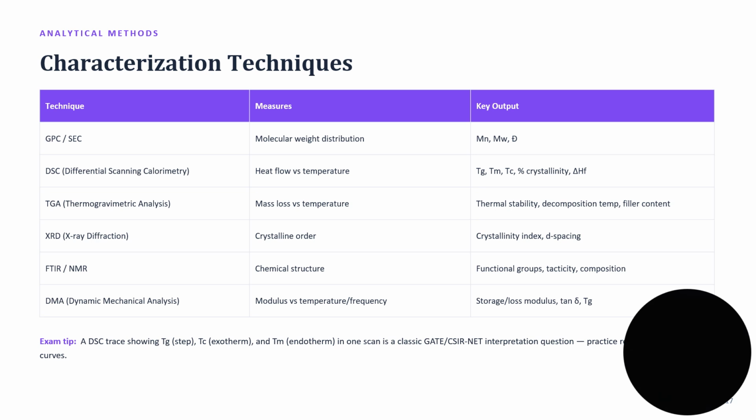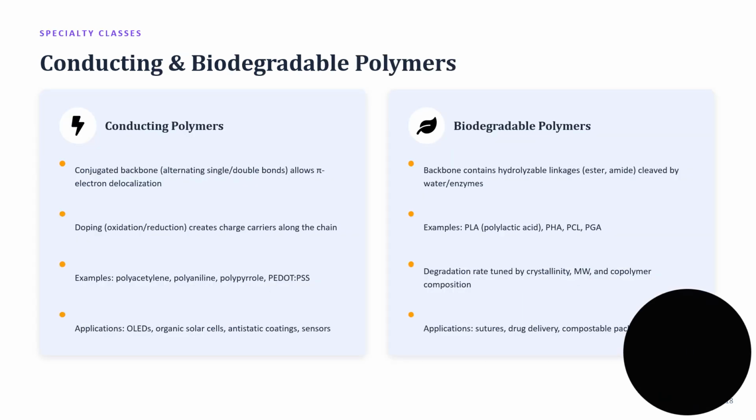The next topic is conducting and biodegradable polymers. Let's finish our tour of specialty structure-property relationships with two different classes of functional polymers. Conducting polymers rely on a conjugated backbone, alternating single and double bonds, which allows delocalization of pi electrons along the chain, similar in principle to the delocalization you had studied in